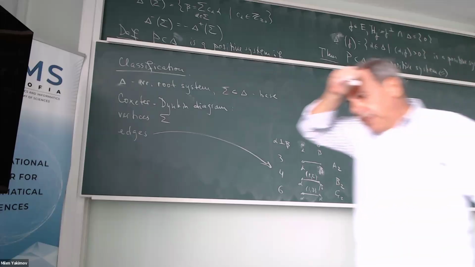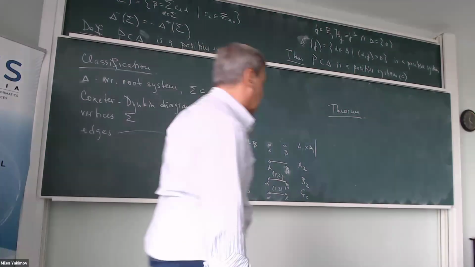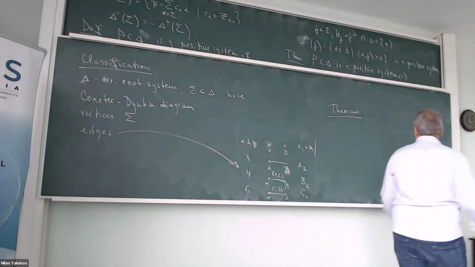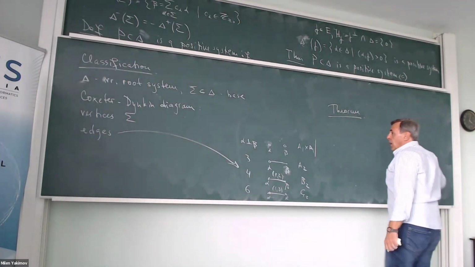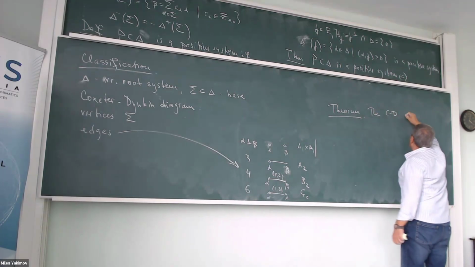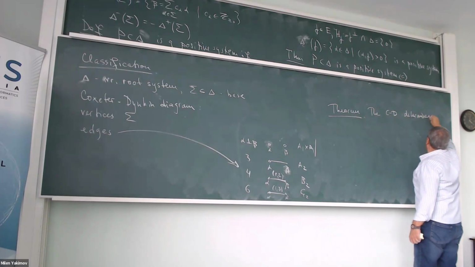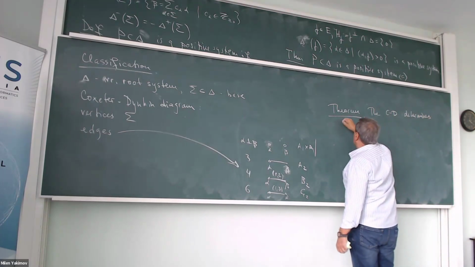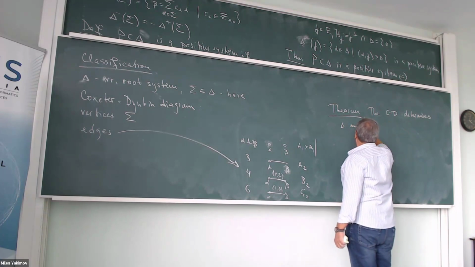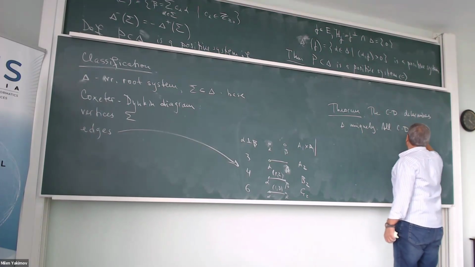The proof is very nice, but it is actually quite elementary. It's not too difficult to follow, just to make a lot of steps. The Coxeter-Dynkin diagram determines Delta uniquely. All Coxeter-Dynkin diagrams are